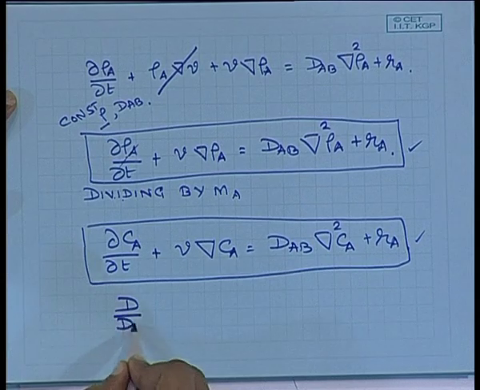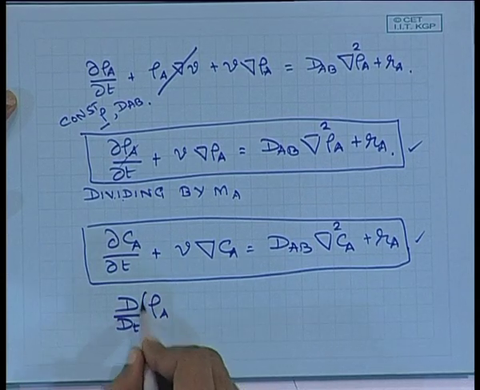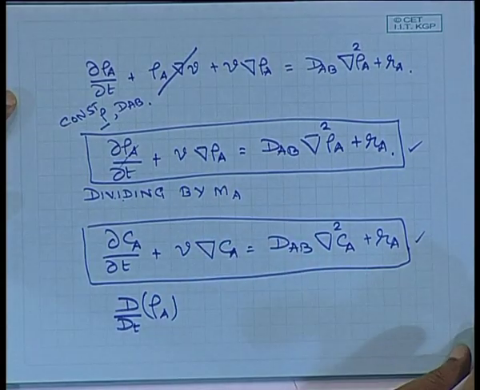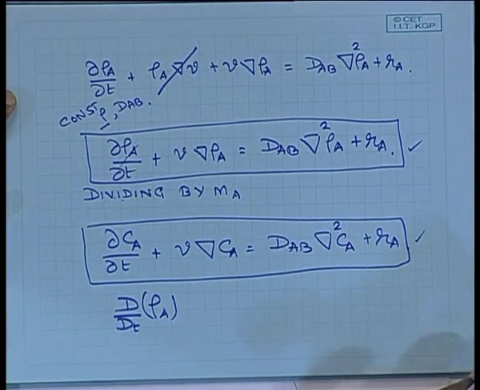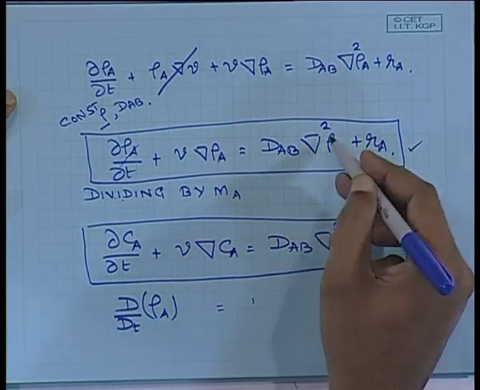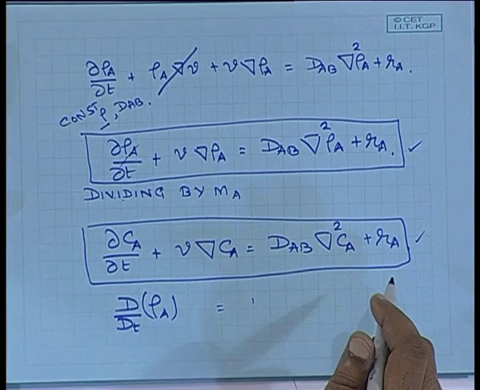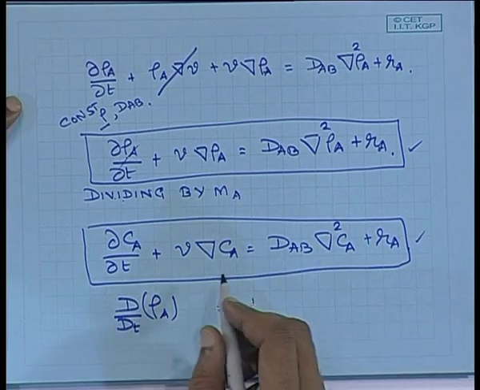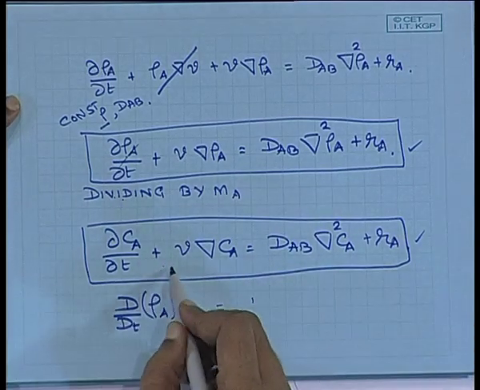D/Dt of ρA, and similarly for CA. So, this is the substantial derivative. Substantial derivative of this is equal to DAB times ∇²ρA and so on. So, if that is the case, then the left hand side of this can also be written as